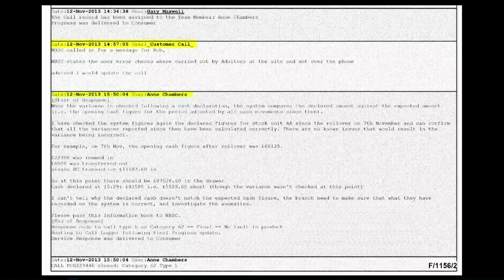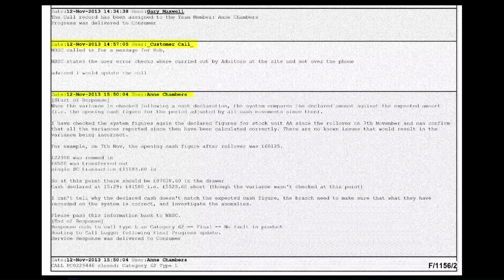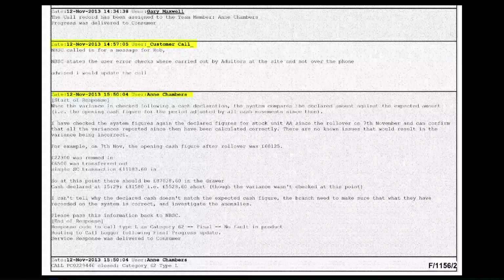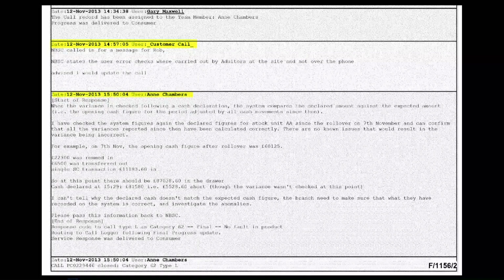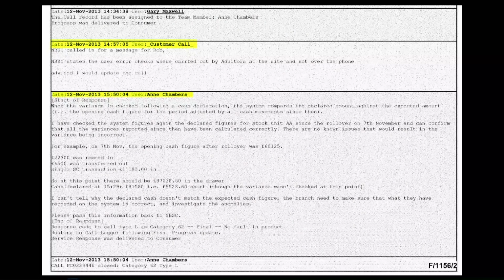Yes. The NBSC had got the trainers to go physically to the branch to establish what had occurred and in particular whether that was a case of user error, hadn't they? Yes. That was significant information, wasn't it? Yes, it was, and I took that on board. And auditors had gone to the branch for the same purpose rather than seeking to find out what had gone wrong on the phone, hadn't they? It appears so, yes. And both had come back and said this is not a case of user error, hadn't they? Yes. And so how, please, was the sub-postmaster going to investigate the anomaly?